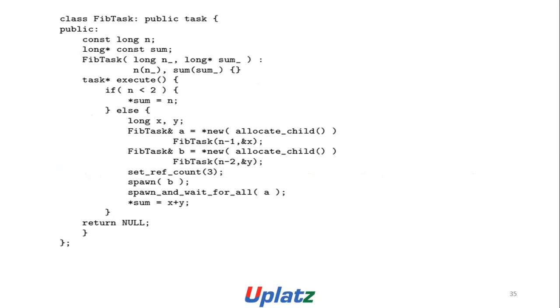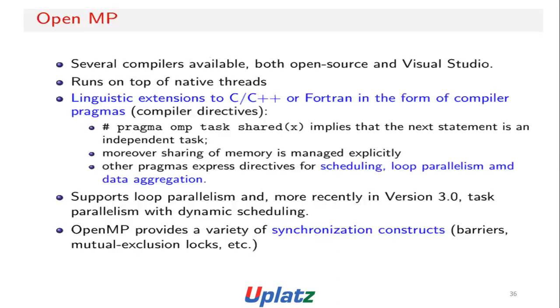class FibTask: public task { public: const long n; long* const sum; FibTask(long n_, long* sum_): n(n_), sum(sum_) {} task* execute() { if (n < 2) *sum = n; else { long x, y; FibTask& a = *new(allocate_child()) FibTask(n-1, &x); FibTask& b = *new(allocate_child()) FibTask(n-2, &y); set_ref_count(3); spawn(b); spawn_and_wait_for_all(a); *sum = x + y; } return NULL; } }